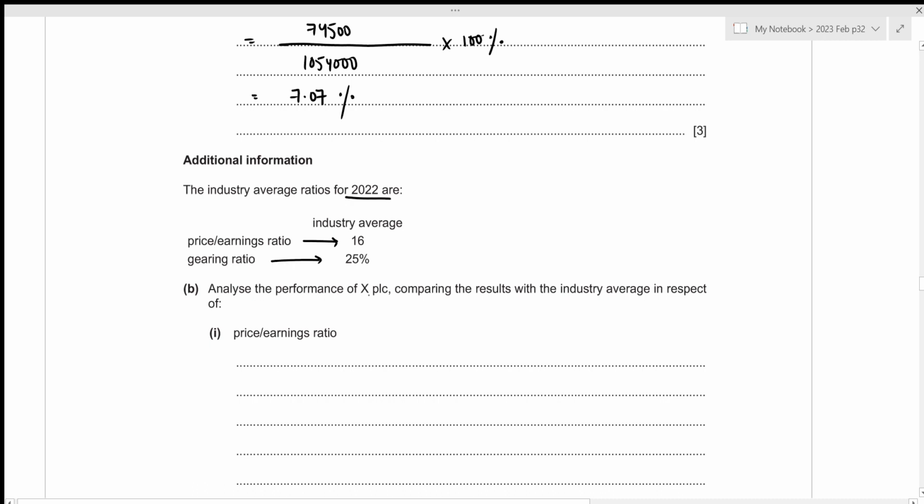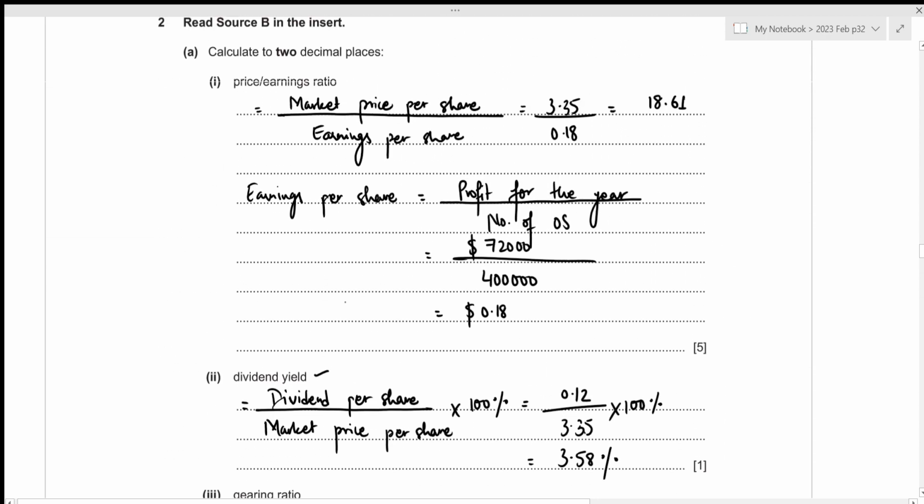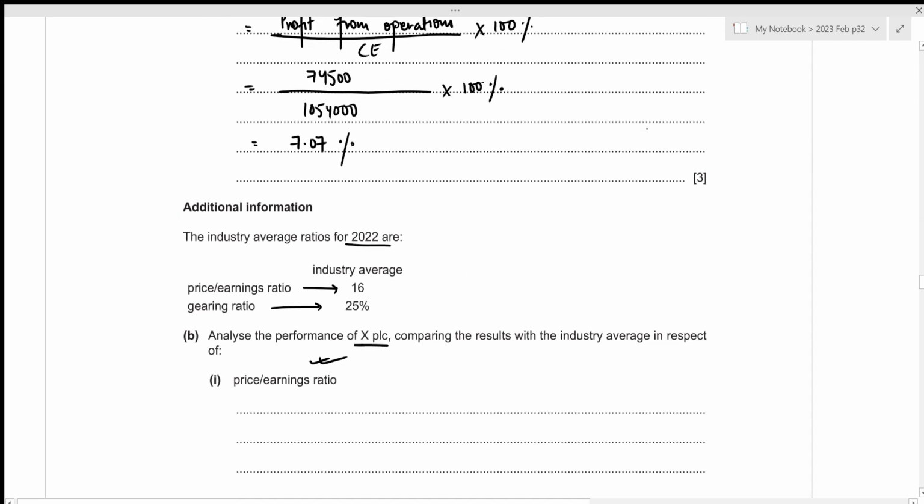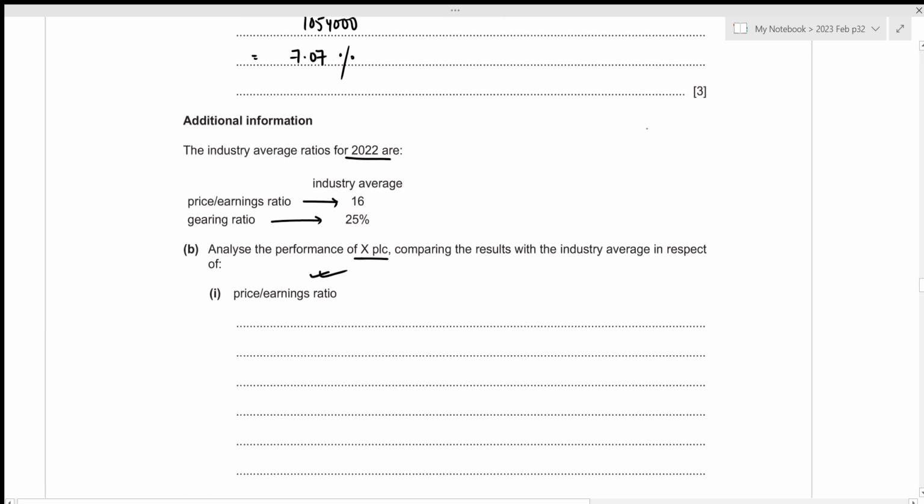Now we need to analyze the performance of X PLC, comparing the results with the industry average in respect of the price earnings ratio. We've already figured out the price earnings ratio for X PLC to be 18.61, and we can see that the industry average is only 16, which clearly means that X PLC has a better price earnings ratio. Let's write it down. X PLC has a better price earnings ratio of 18.61 than the industry average